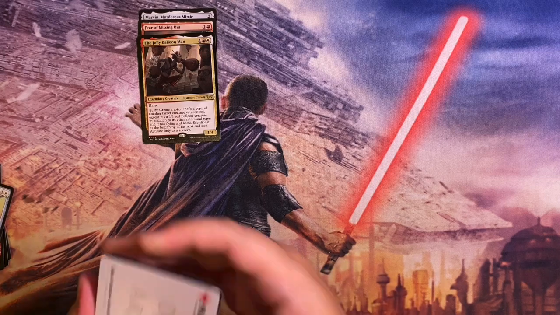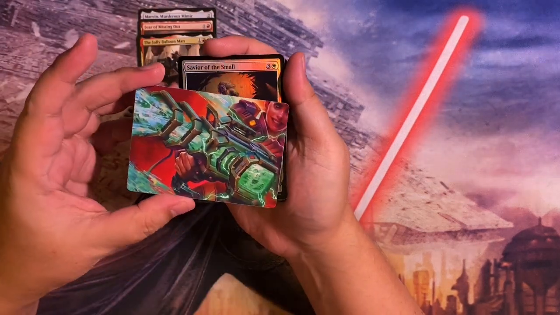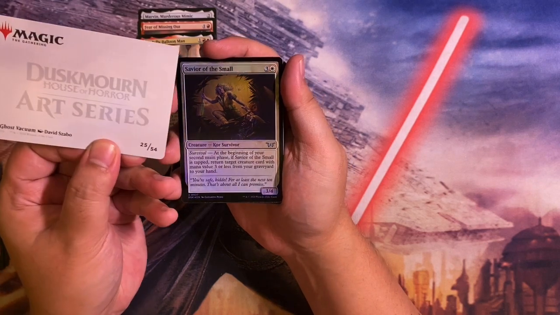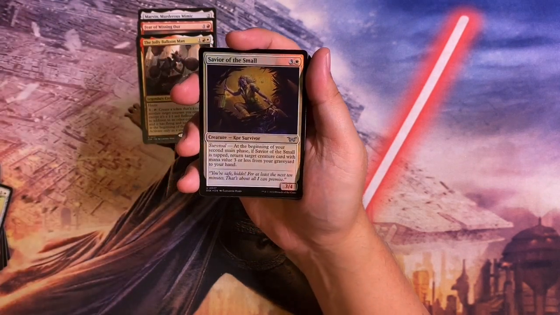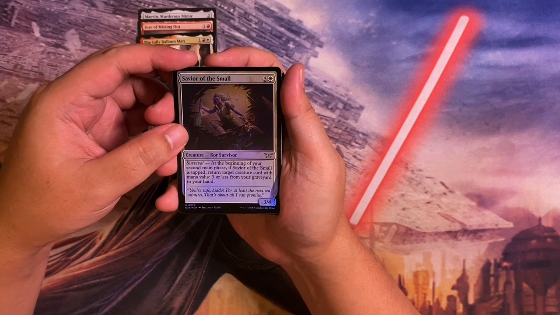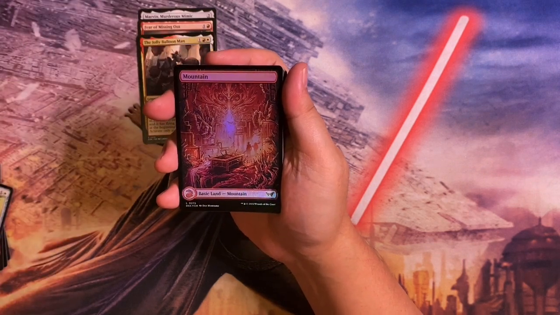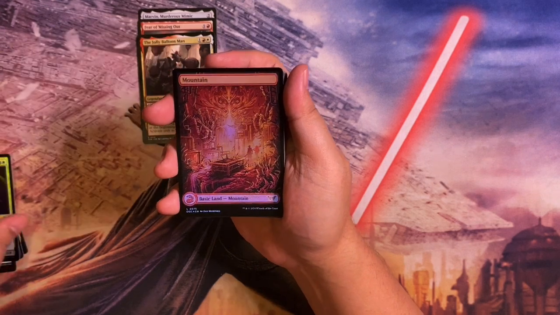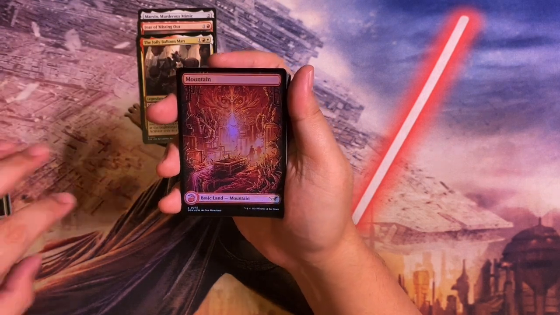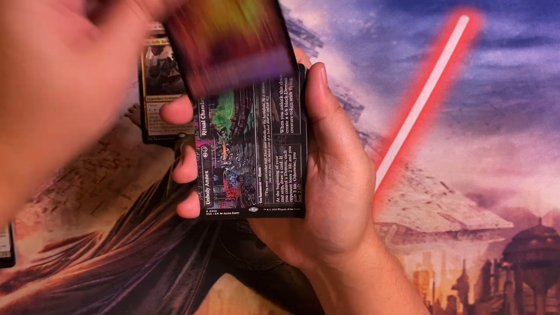Don't know if that has any value, but that would be cool. Okay, alright, so this is some kind of a Ghost Vacuum. Ghostbusters, I guess. Savior of the Small. Okay, in foil. And then we have a foil land. So it's a full art mountain foil. And then for the rare, we have a...